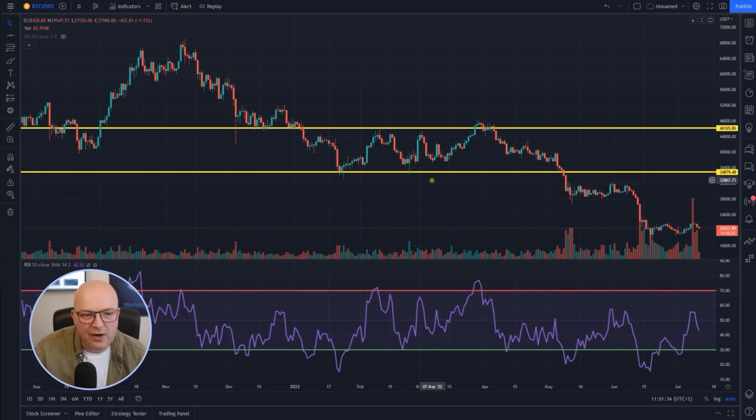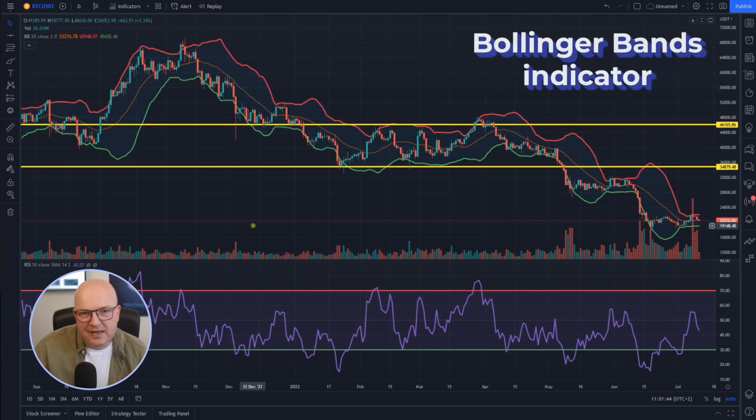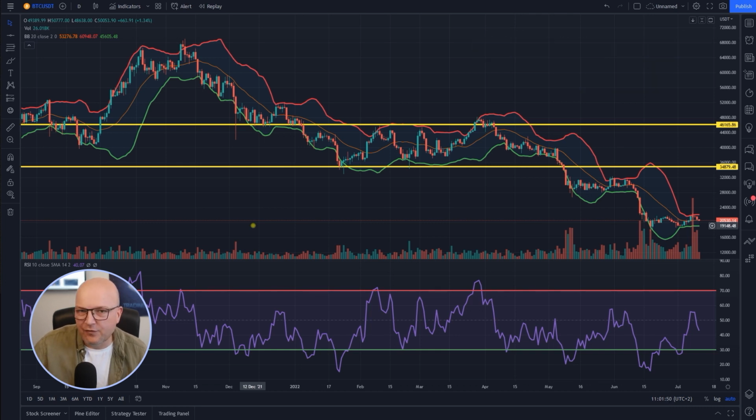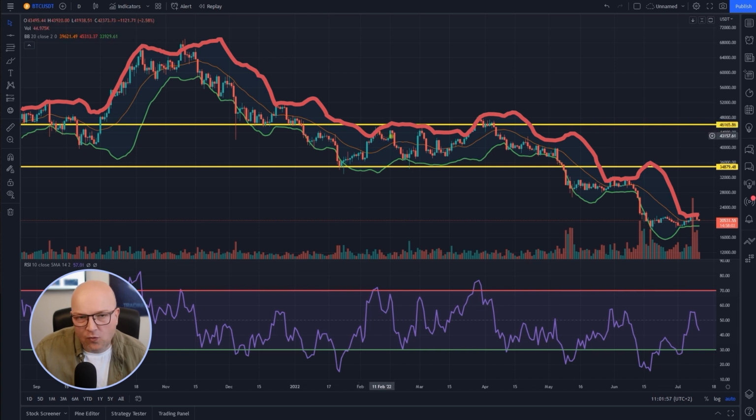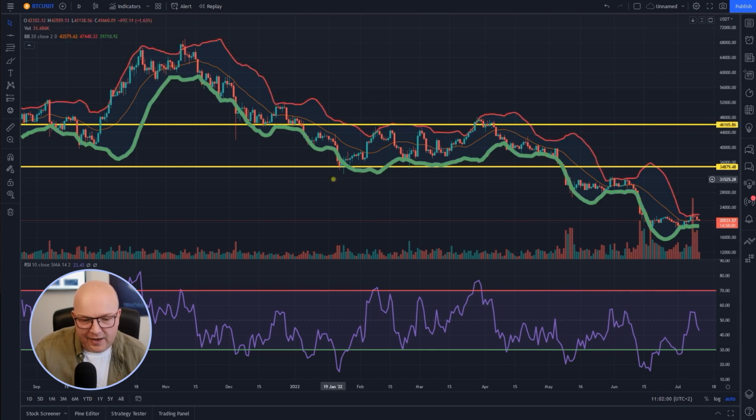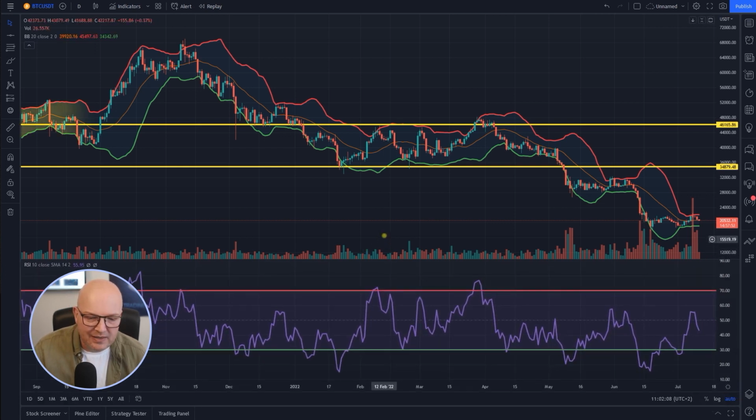In addition to this RSI, which on its own can already work very well if you've clearly identified a sideways trend, you could, for example, use so-called Bollinger Bands, which create a moving dynamic channel which can show you when the price has reached a threshold that is also overbought, which would be when the price reaches the red line here on the top, or oversold if the price reaches the lower line. Now you can see, if you combine these two indicators in a sideways market, RSI and Bollinger Bands, you can already get some pretty good signals.